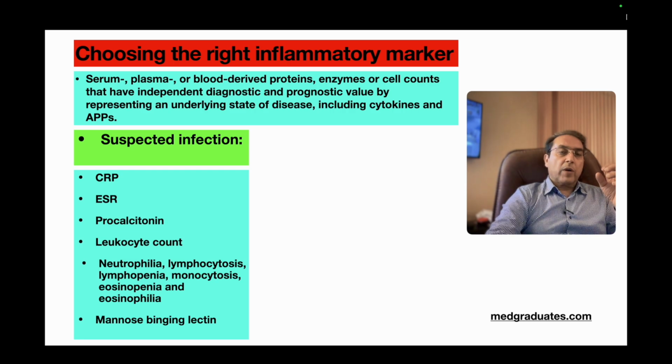And then mannose binding lectin. This may be increased in bacterial infections. Sometimes it is also increased in autoimmune conditions. So these may be the markers which you may be requiring when you're considering sepsis as a possible cause of